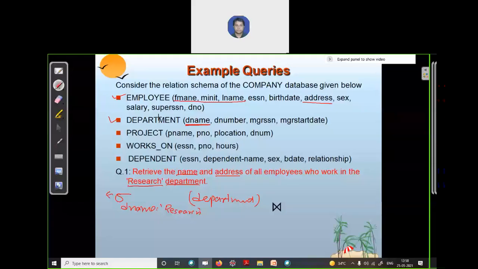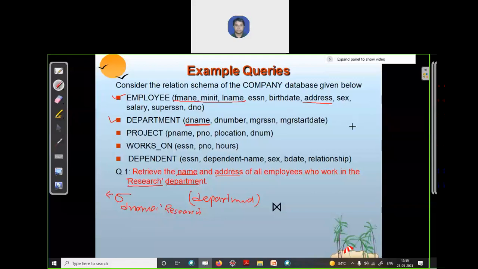On what condition can we join these two relations? When we join two relations, first check, is there any common attribute between these two relations? Please write in chat. Is there any attribute which is common between these two relations, on which you can combine or join them?